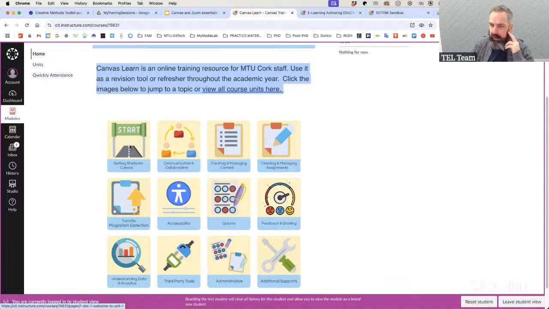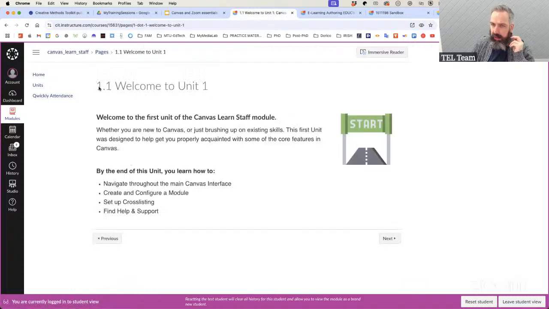So if I click into Getting Started in Canvas, you can see each page has been given a number. So section 1.1, which I think is a really good thing to do, kind of gives it a book-like navigation function when you're going through the course. And so you can see that there are previous and next buttons on the bottom, and I can navigate through this. I'm in section